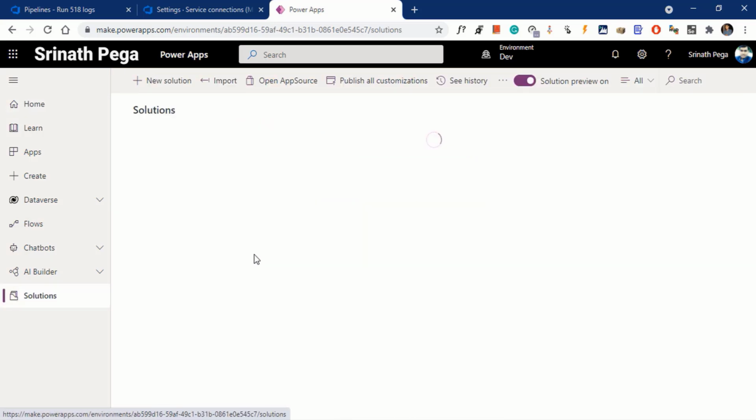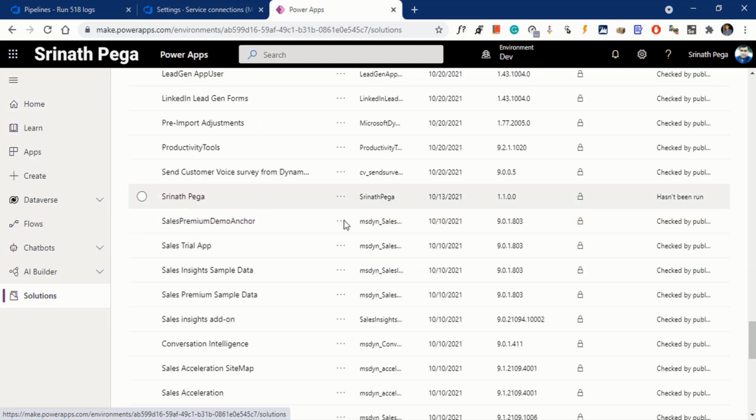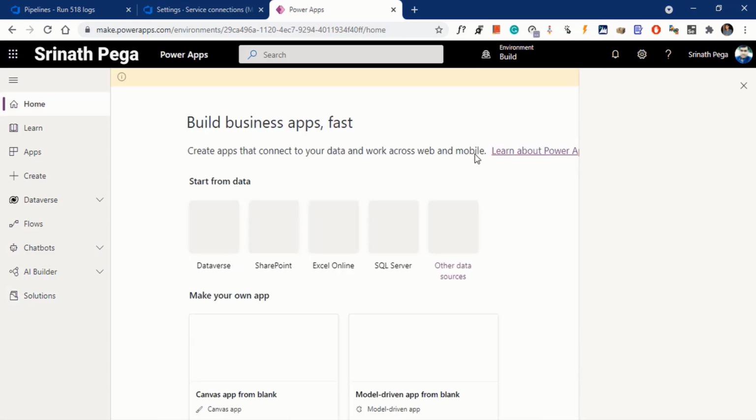The pipeline got executed successfully, which means the solution got exported from the dev environment and imported as unmanaged into the build environment. Let's check that.